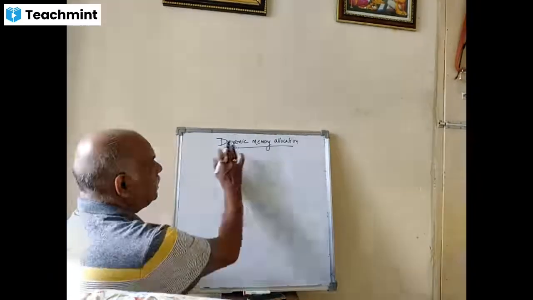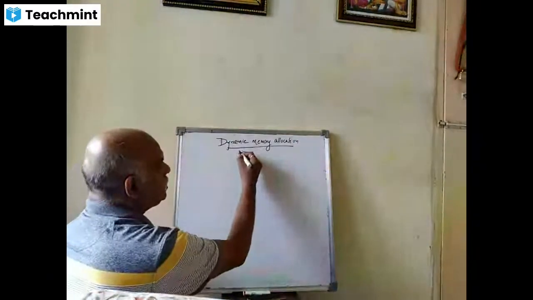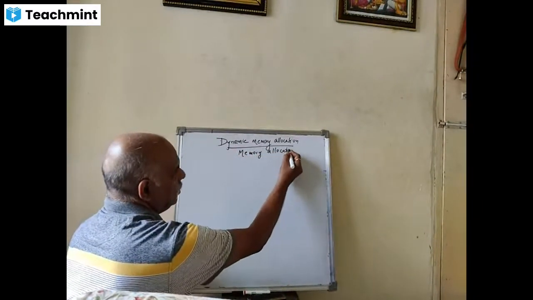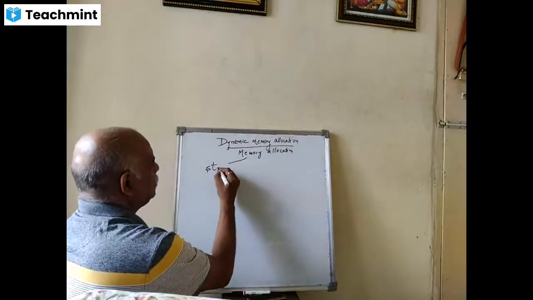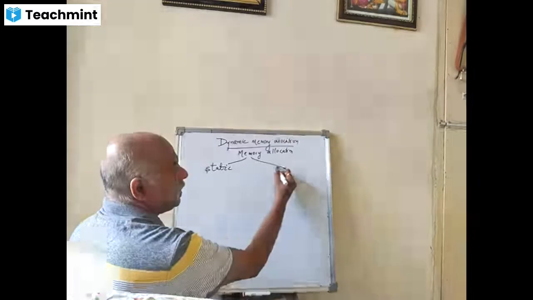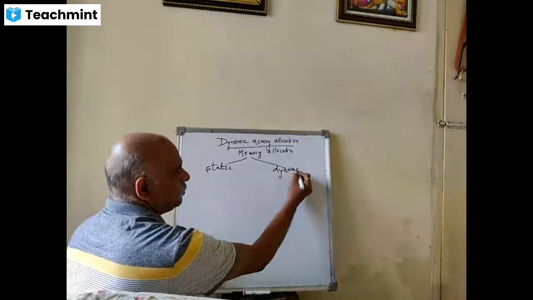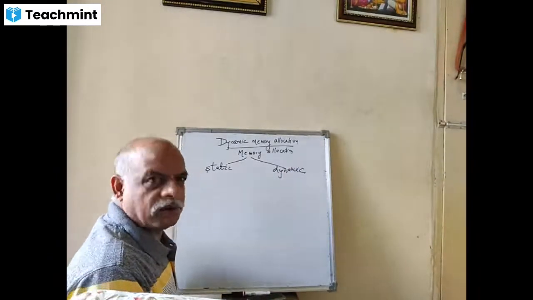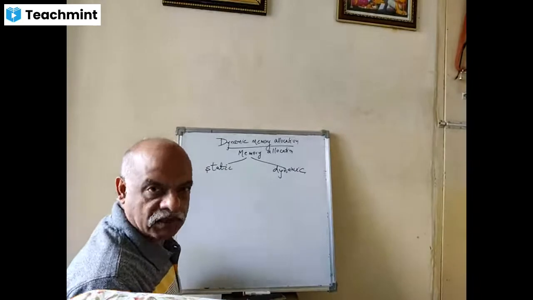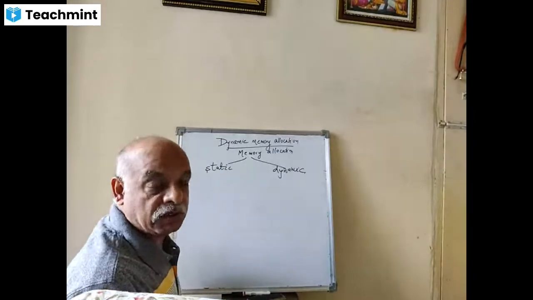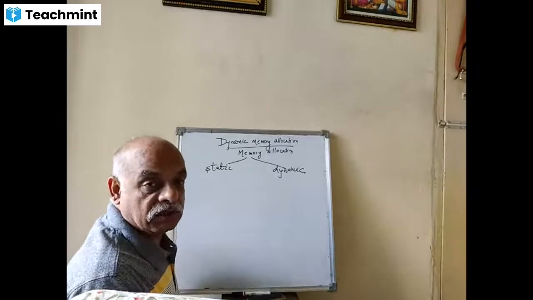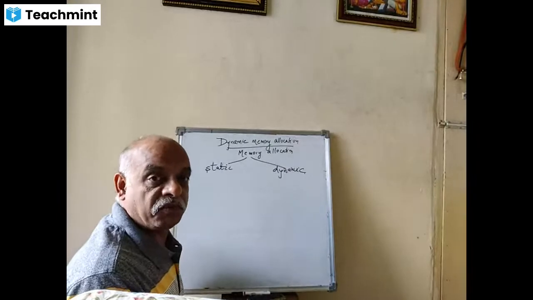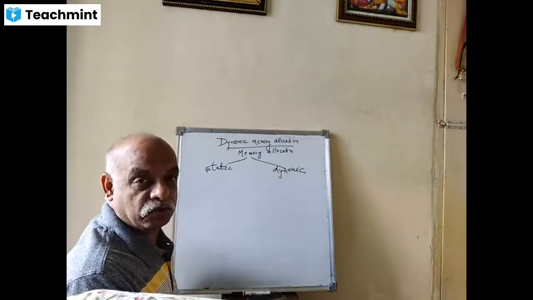Okay. In memory allocation, we have two types. One is static, another is dynamic. Static memory allocation, we have already discussed that it does have drawbacks, right? Because the memory is allocated during compile time and there is a wastage of memory, and you can't decide how much memory you want for your program. Even though you have the memory, chances are the memory may be wasted because you are not going to use the memory locations fully.